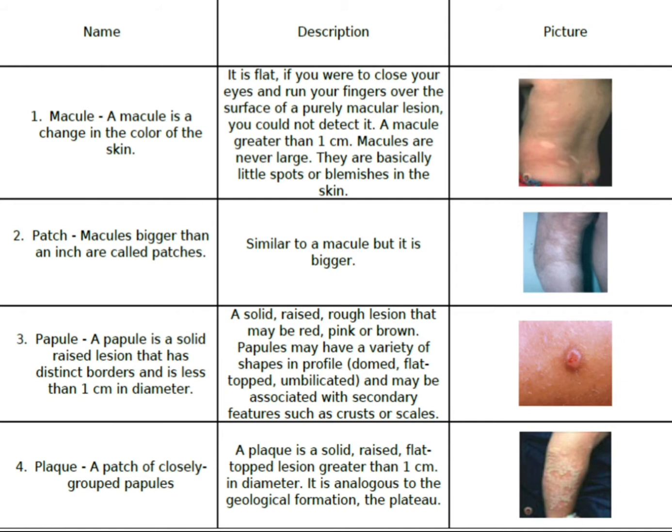2. Patch. Macules bigger than an inch are called patches. So they're similar to macules, but larger, as you can see on the diagram. 3. Papule. A papule is a solid raised lesion that has distinct borders and is less than 1 centimeter in